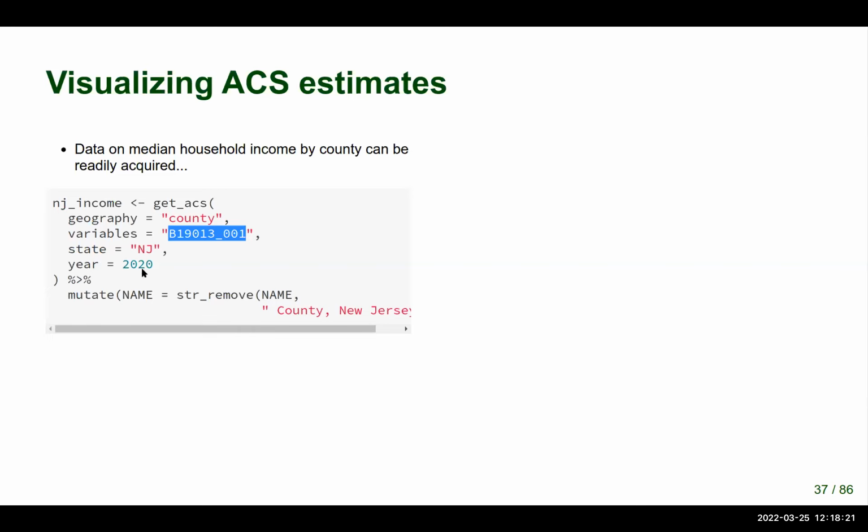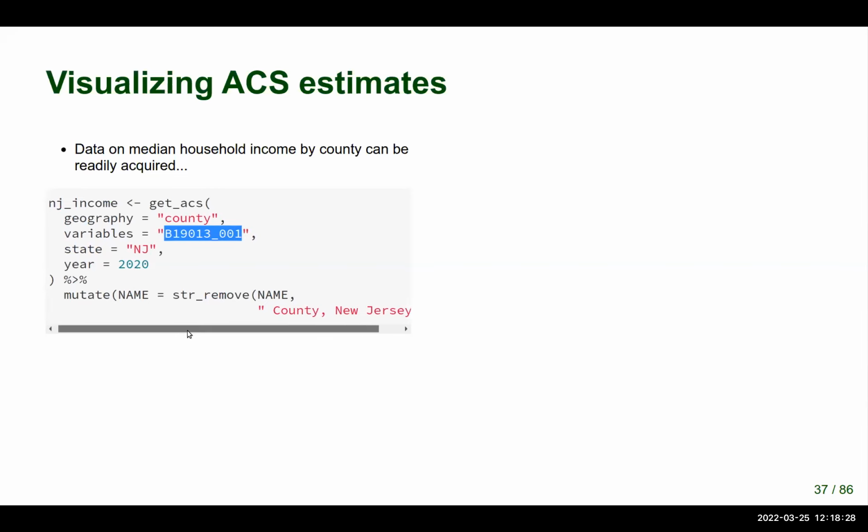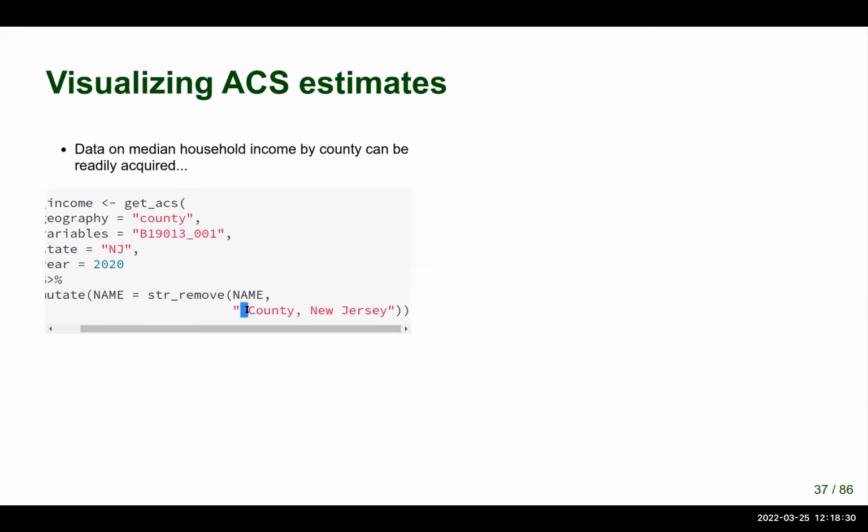State equals New Jersey, year equals 20. And we're going to do a little bit of extra data wrangling where we're using the str_remove function from the stringr package to get rid of some extra information in the name column that we don't need. So the space County, New Jersey, that's common to every county in New Jersey, and we don't necessarily need that